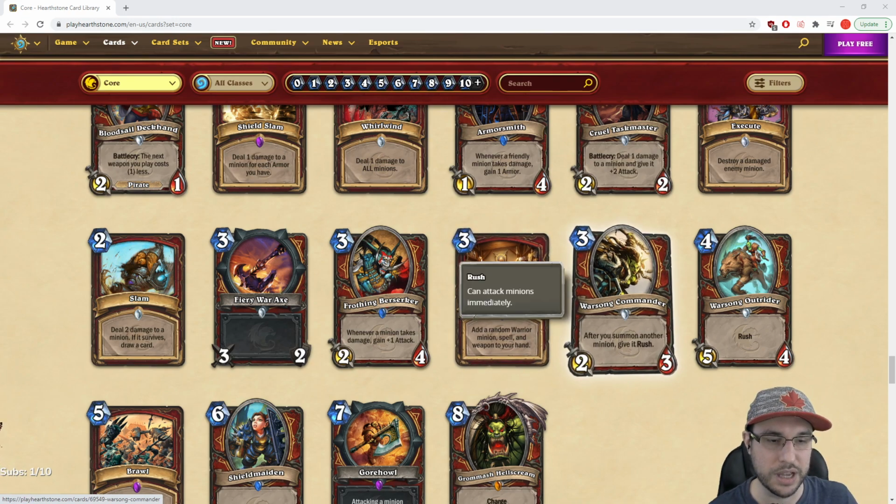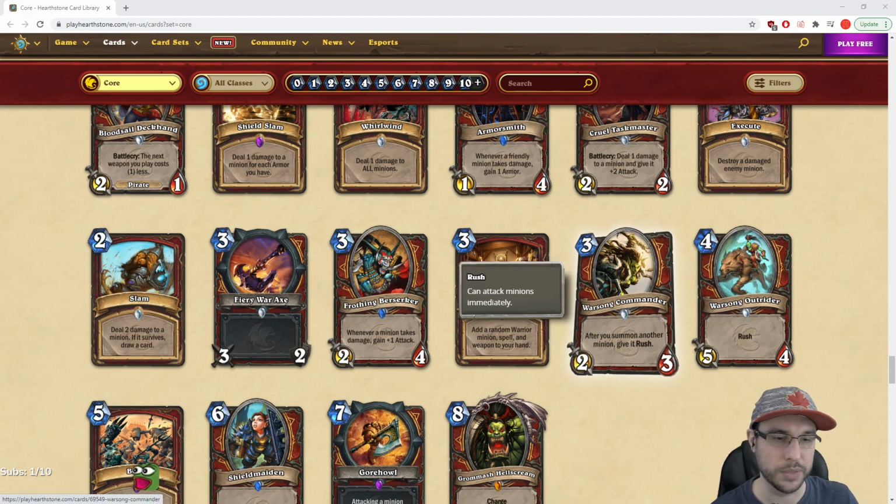Warsong Commander coming back with a big buff. No longer a terrible minion. It will now give every minion you summon, not just play, Rush. Summon, of course, is tokens and Deathrattle effects. This is potentially really strong. We do see a lot of rush mechanics in the game already. Not sure quite how it'll fare amongst them, but